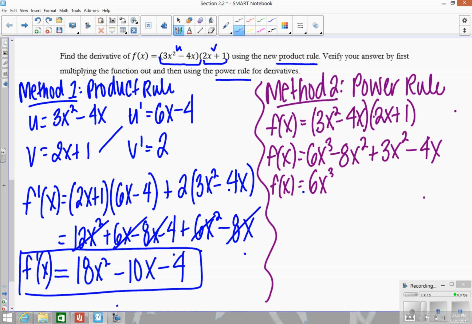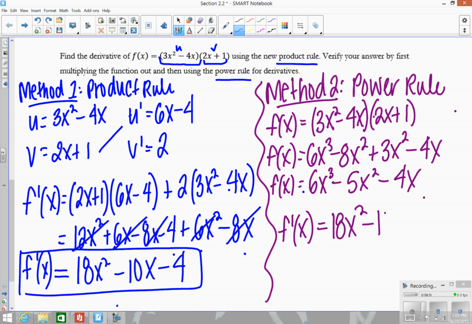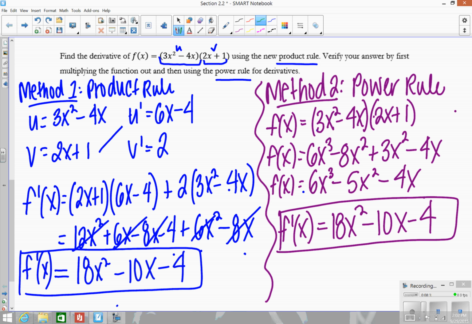So 6x to the third minus 5x squared minus 4x. So now I can actually apply the power rule. So I'm going to find the derivative. So it becomes f prime of x. So 3 times 6, 18x squared. 2 times negative 5, minus 10x, and then minus 4. So you can see that you get the exact same answer